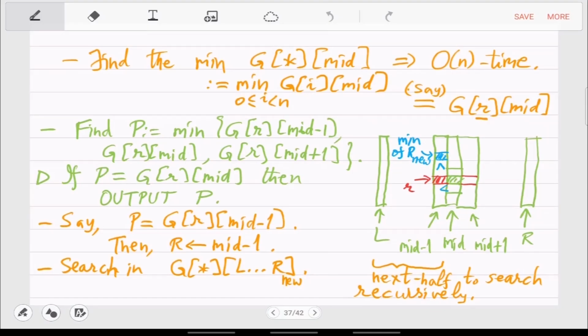Yeah, so now once you have come to the middle column and decided to move to the left half, now is the opportunity to actually look at the middle row. Yes, but at what place? Will you do only for row, only for column, or both?